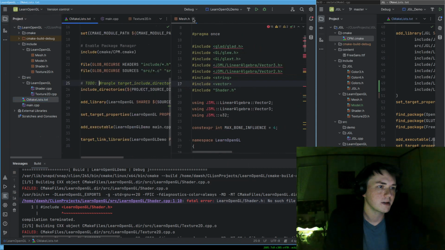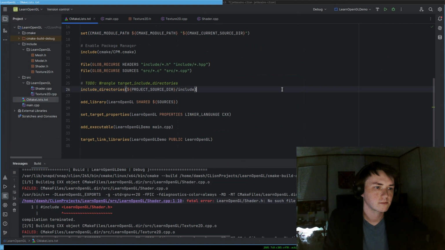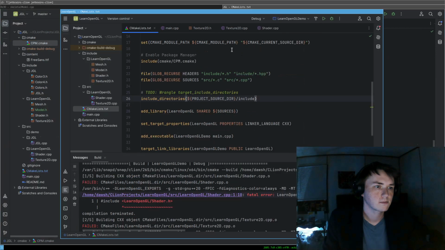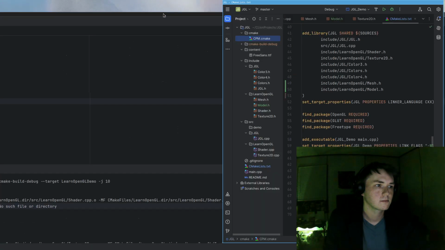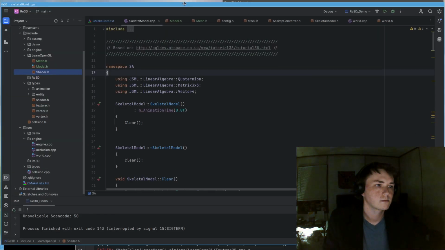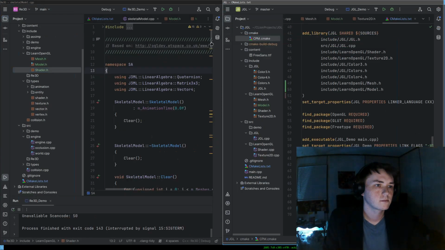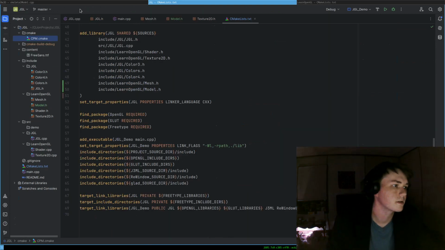So back to our CMake list. There we go. So now